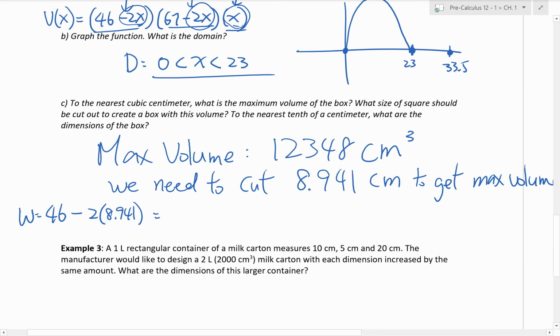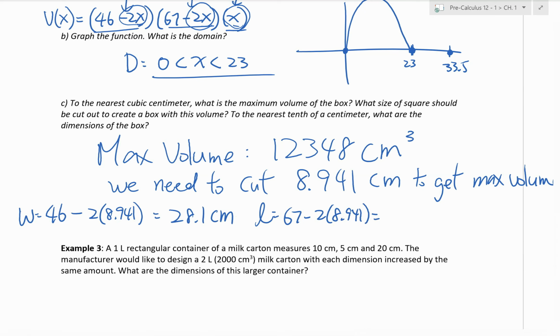And I'm going to put this into a calculator and see what we get here. That's 46 minus 2 times 8.941, which is 28.1 centimeter. And the length will be 67 minus 2 times 8.941, which is,